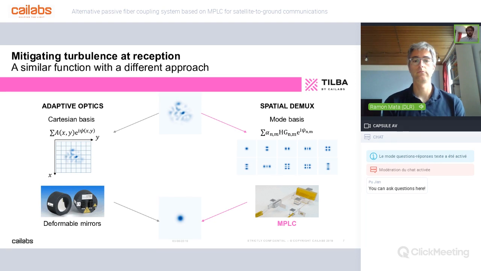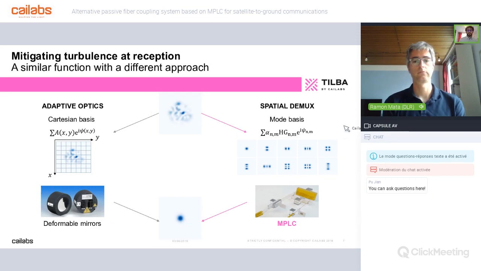One of the techniques to compensate for atmospheric turbulence is to use, for example, adaptive optics. And even if it's not really a Cartesian basis, because you will use the Zernike polynomials and you will modify the deformable mirror, also with modes, what you do basically is manipulate a mirror to be able to reproduce the shape of the light that you would have. So you have a deformed beam that you modify thanks to a deformable mirror to reproduce a Gaussian mode.